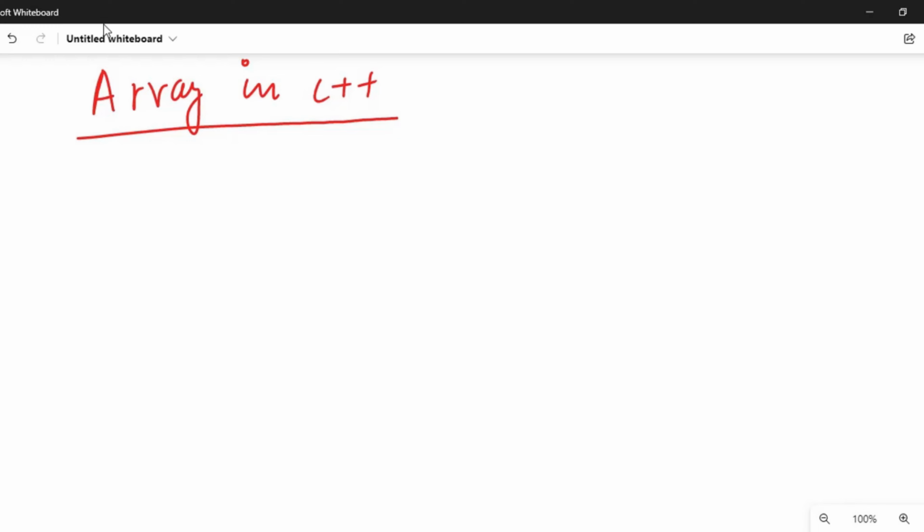तो जैसा कि आपने अभी तक हमारे एनिमेशन में देखा होगा that array is something like storing the array elements in the contiguous memory location. So for example, अगर हमारे पास एक वेरिएबल है यहाँ पे a and after that we have another variable b and we have another variable c.